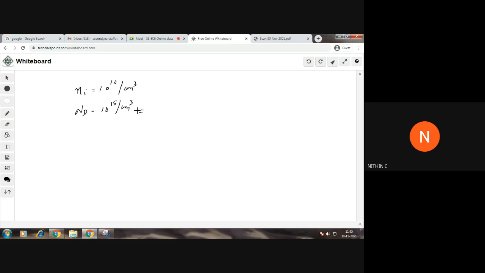Donor means donating electrons. So additional electrons are coming. So that will be equal to the concentration of Nd will be equal to, എന്താരും പറയാത്ത? ഈ ടൈപ്പ് നമ്മൾ കുറെ ചെയ്തല്ലോ ക്വസ്റ്റ്യൻ. If the donor concentration is given in the question, take it as which value? എന്താണ് ഇതിൽ സംശയം?